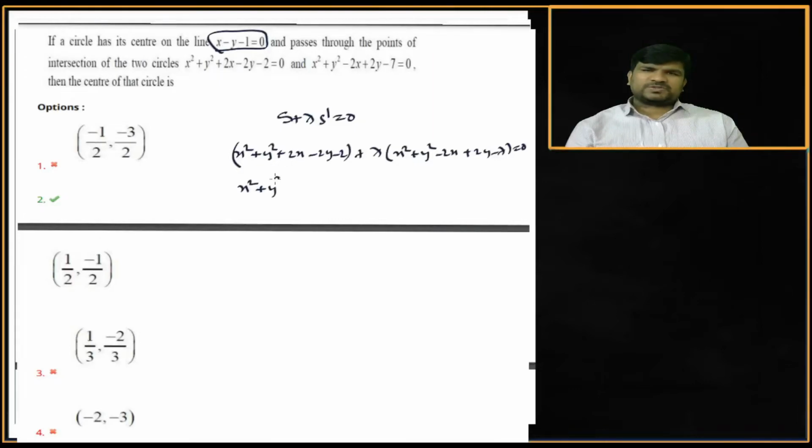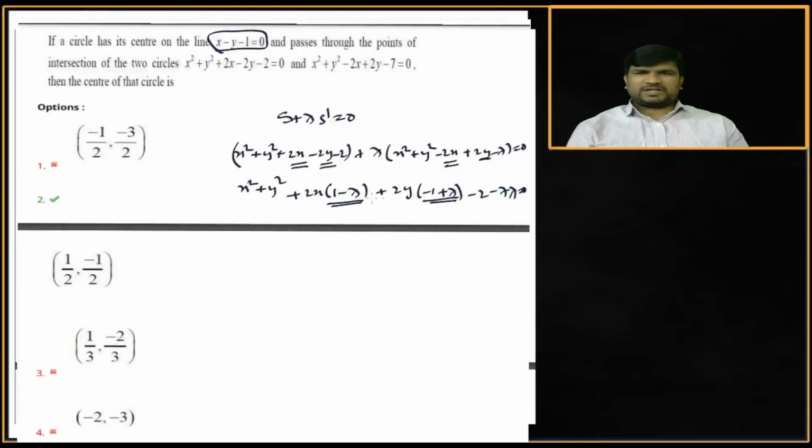So x square plus y square, two x terms are there. If you take 2x common, from the first term 1 remains, and from here minus lambda. Similarly, if you take 2y common, from this one minus 1, and plus lambda, and remaining minus 2 minus 7 lambda equals 0. So the center means half of the x coefficient and y coefficient with opposite sign. So minus of (1 minus lambda), comma, minus of (minus 1 plus lambda) is our center. But this center